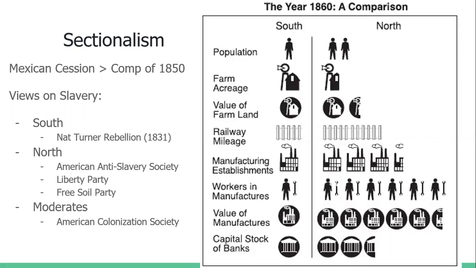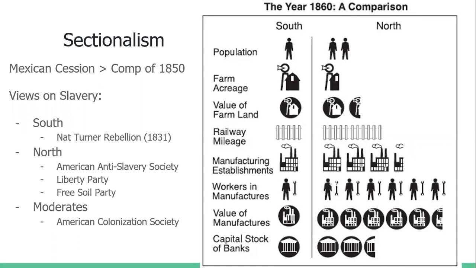Him and his followers, just as one little quick tidbit about it, they actually would break into people's homes while they slept, and they would basically hack them up with hatchets and machetes and beat them with clubs and stuff like that, killing people in their sleep. Most of the victims were actually women and children, because when they were going around on their killing spree, a lot of men were actually away at a religious revival. So yeah, it was a crazy, crazy time when that was all going on.